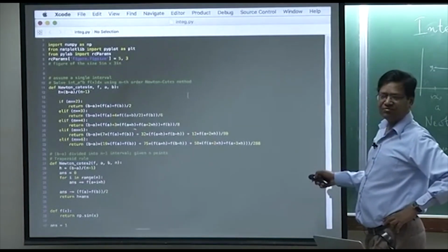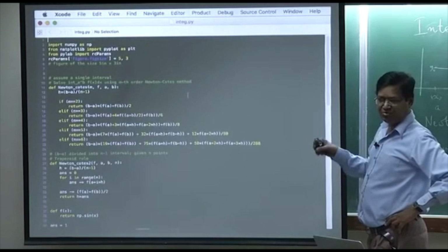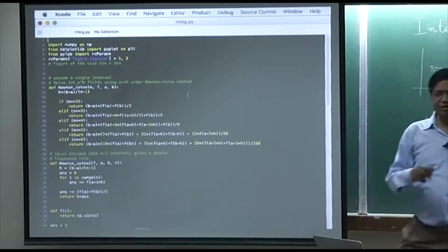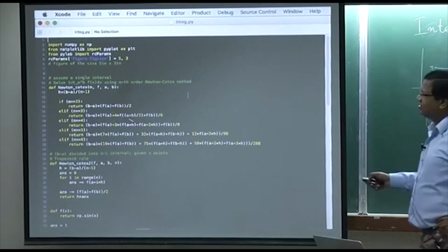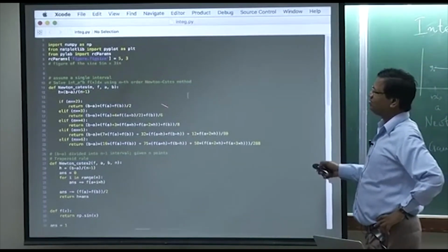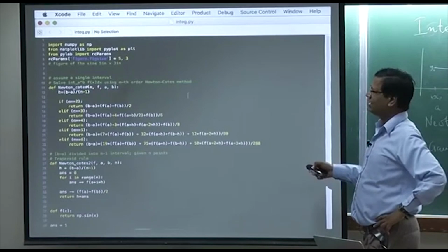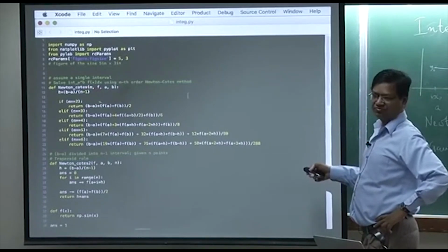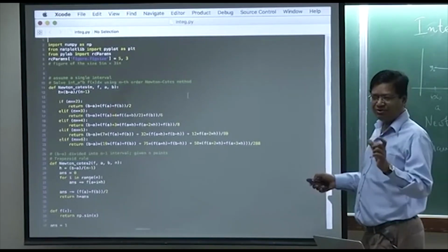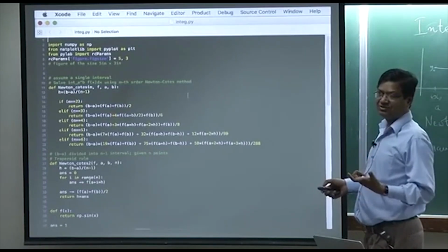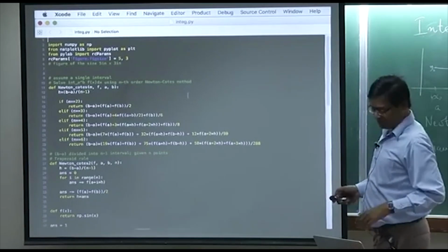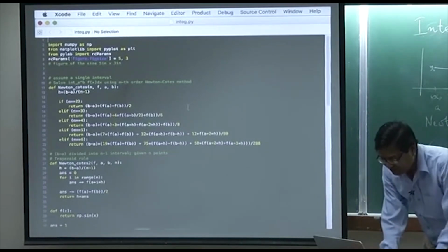Is it clear how to write the formula? For every point you multiply the c_i's and multiply by b minus a at the end. So this takes a function, the endpoints, and the number of points you want to use. You give me a and b, you don't give me the intermediate points. I will compute them, linearly spaced. Okay, so if we run it,